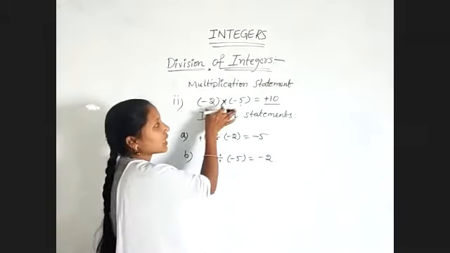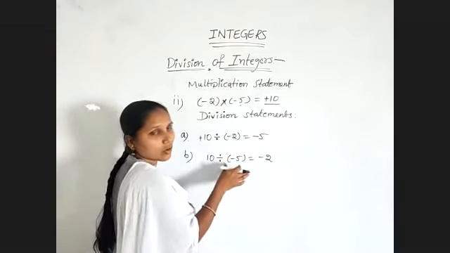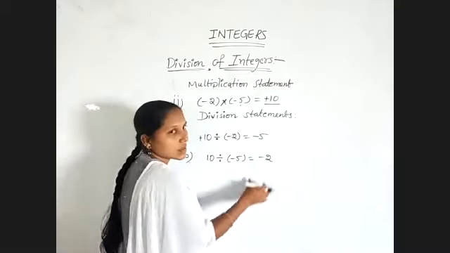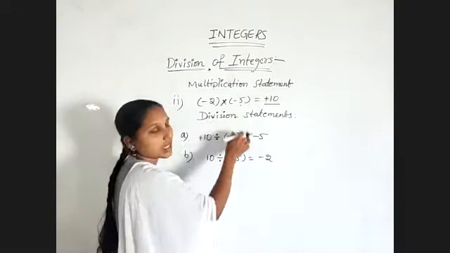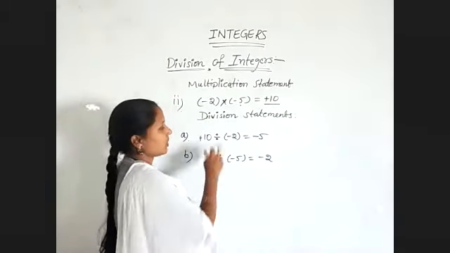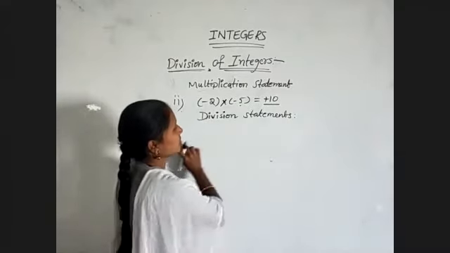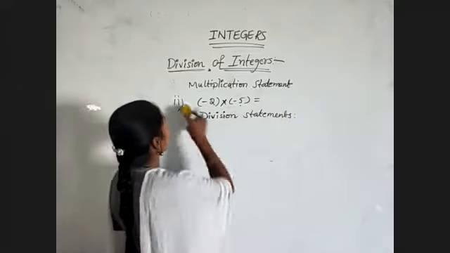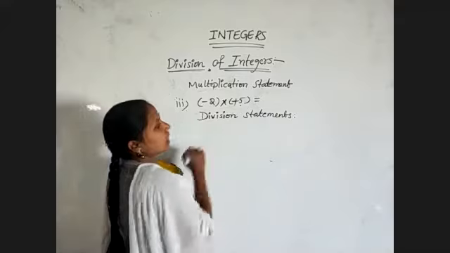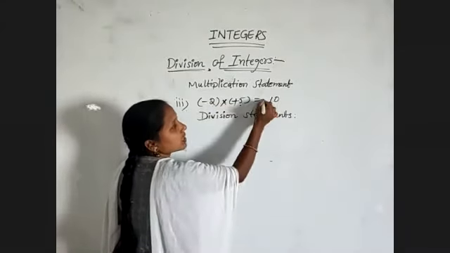So if both are positive numbers, then if you are writing division statements also, we will get the quotient as positive. If both are negative, in that case we will get it in this way. And if one is positive, one is negative, like this I got. So 2 5s are 10, and minus into plus is minus.